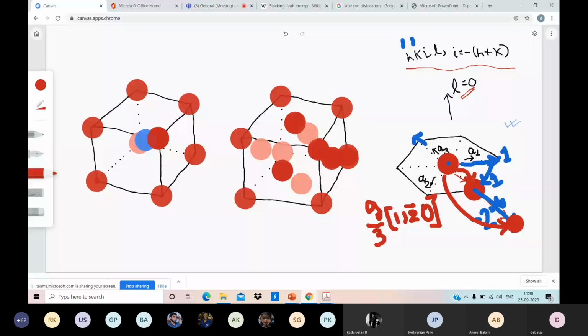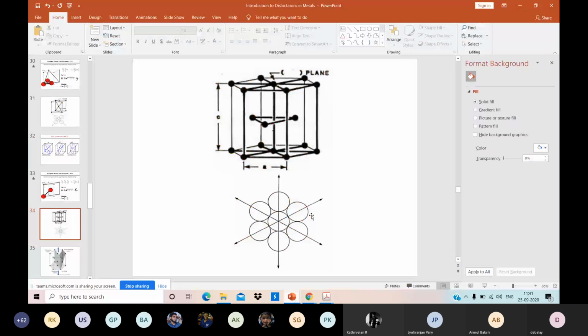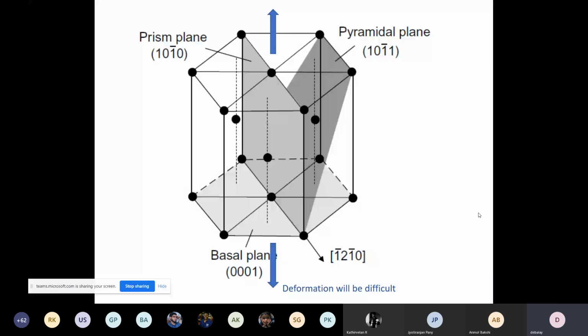Think about it. It's not very difficult. Only I have to maintain the Burgers vector, which represents the magnitude and direction of slip. In HCP, we know that slip occurs on the basal plane, and we know what the Burgers vector is. But also some other planes may come into play, like in BCC, where more than one plane comes into play. In HCP also,